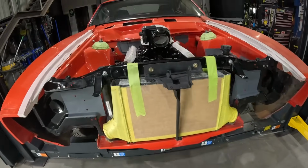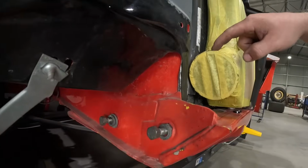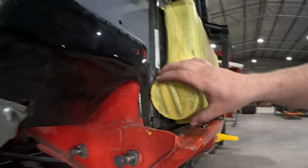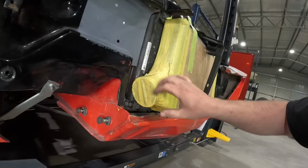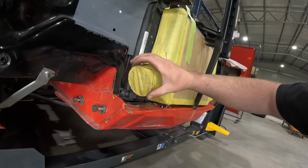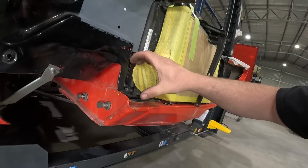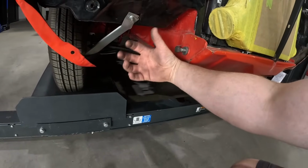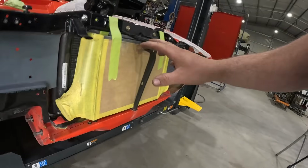But at the front here, as you can probably see there, we've got an issue. I'm not going to be able to get the cooler pipes through there. So what we're going to do is we're probably going to chop these clamps off, and we're actually going to make some 3.5 inch bend come out, back down and under there, and we're going to put the first clamp here and make this cooler more of a permanent position